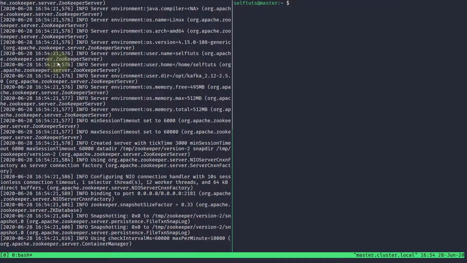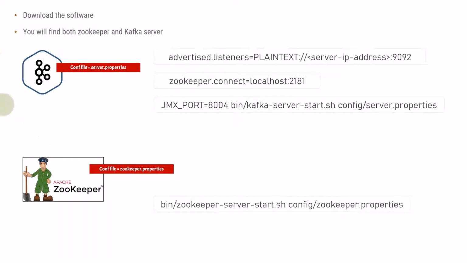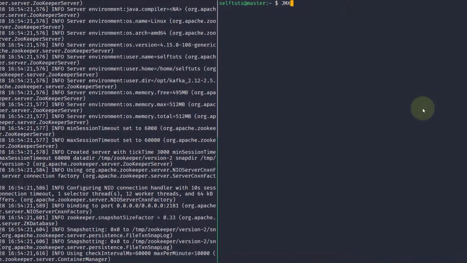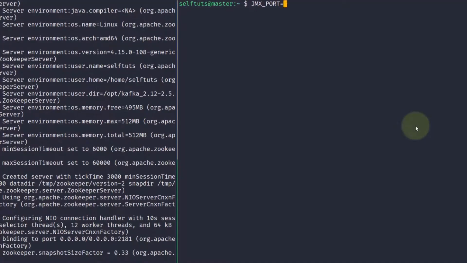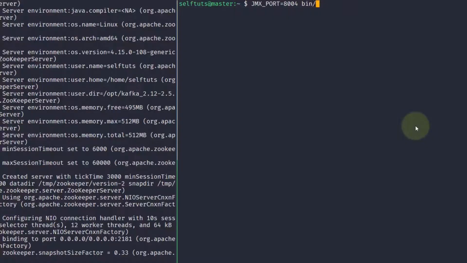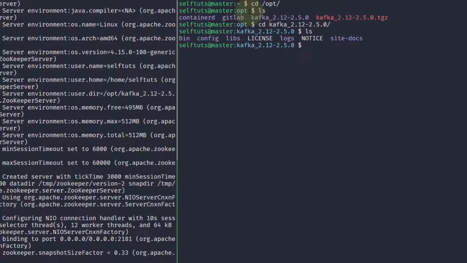Once the Zookeeper server has started, we need to start the Kafka server. For that we need to use this command. I'll just use JMX_PORT equal to 8004, and after that we need to use bin. Okay, it is not present here. I'm inside this self-test master. So first I need to go to the opt folder, and then to the Kafka folder.